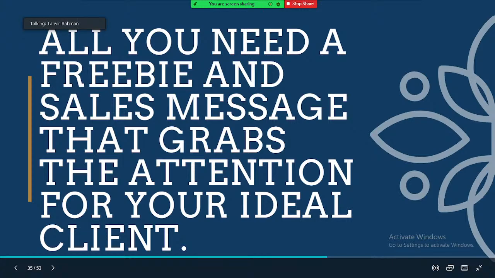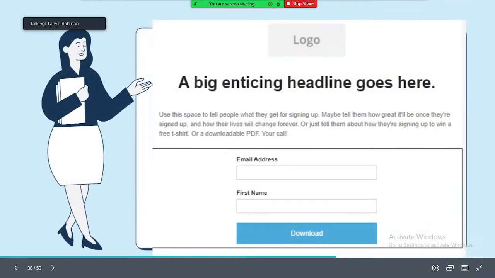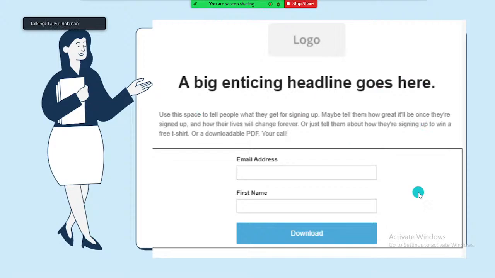The ideal client is scrolling through Facebook or scrolling through Instagram, and they have to stop, right? They have to stop for anything. And then when you post something on Facebook, they stop, and then they click on the link that sends you to your landing page for the content, right? Like this, that can be your landing page.